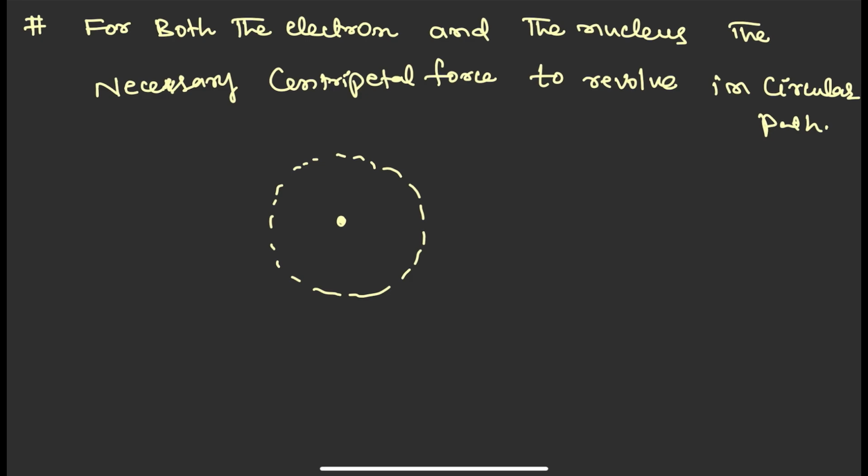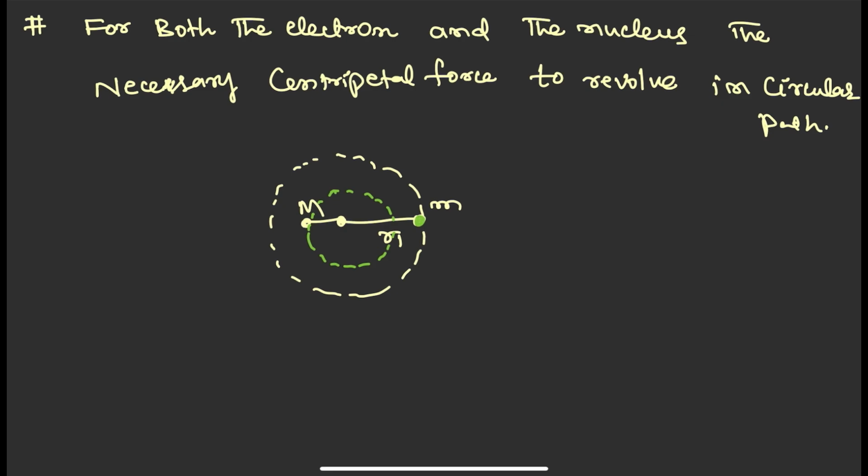For example, the first one I am taking is this R1. In the earlier case, this is the electron, and here is the nucleus with capital M. Its mass is capital M, and the electron's mass is a small letter m. This will be the case. So now we can write